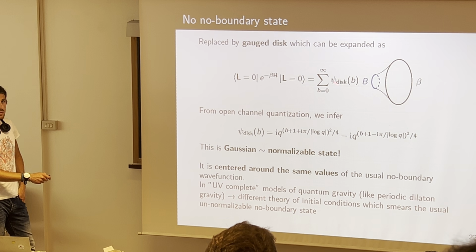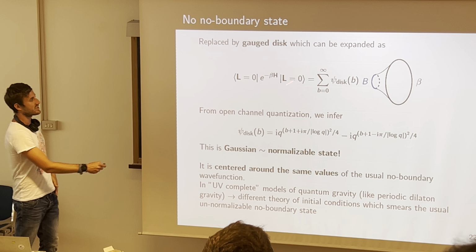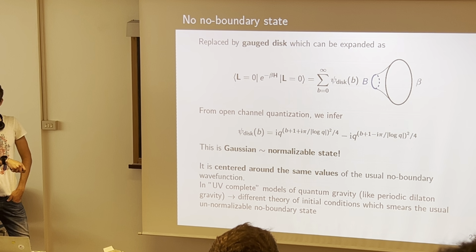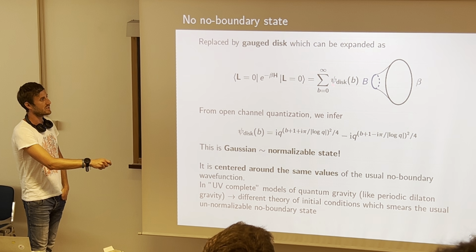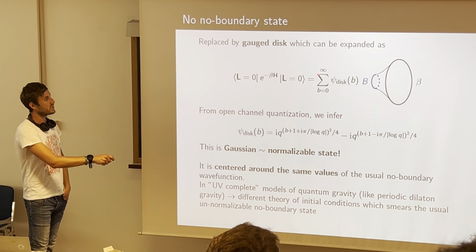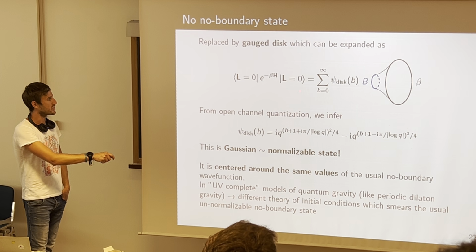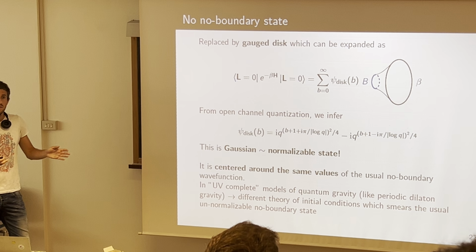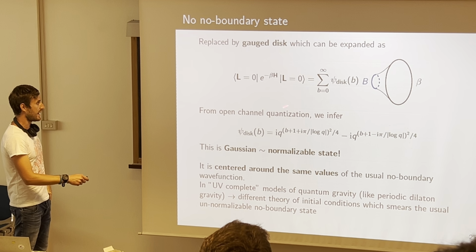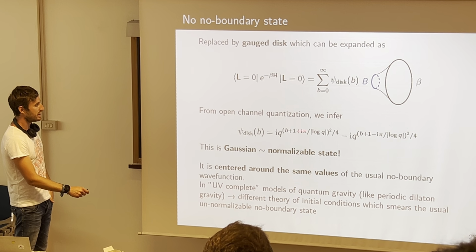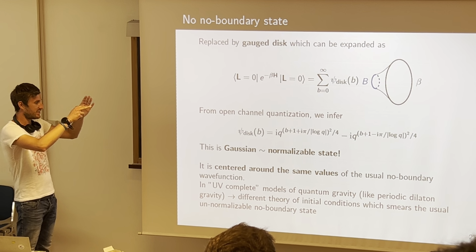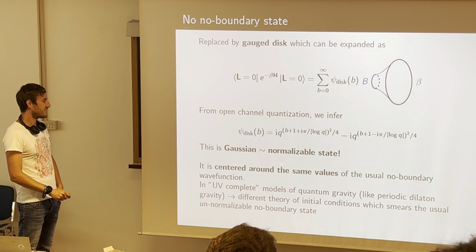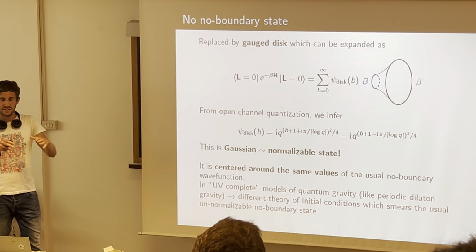So what is this different wave function that is weighting the trumpets to obtain the disk? Because indeed on the left-hand side, we have the disk that we computed in the open channel. So we know the result. And so basically we know the form of the trumpets, and now we can ask what is this psi B, where of course now the integral over B has been replaced by a sum, because our physical Hilbert space runs over discretized geodesic lengths. And this psi disk takes this particular form in our theory, and it turns out, if you plot it, that this is a Gaussian, okay, that is exactly centered around the same value where the delta